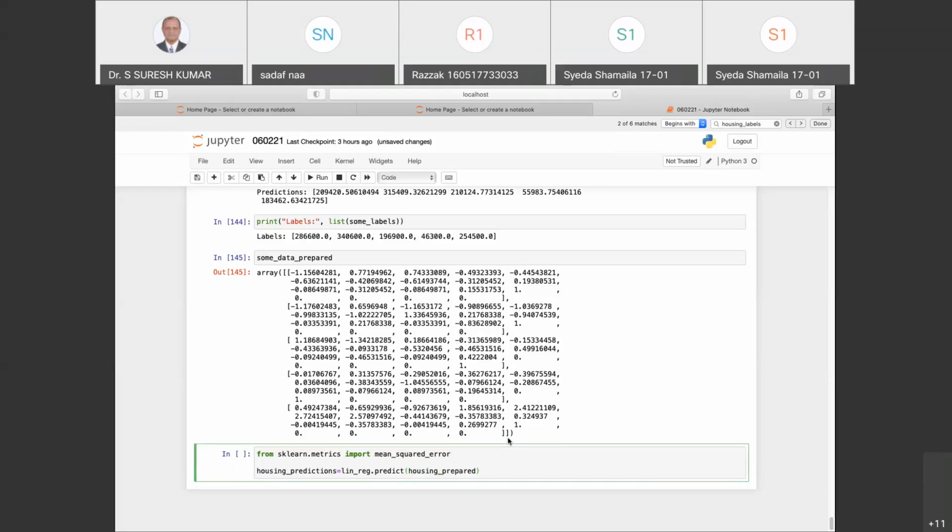Now we will find the mean squared error. Thereafter we find the root mean squared error, because it is the square root of mean squared error. So I say lin_mse, which is mean_squared_error of housing_labels and housing_predictions.